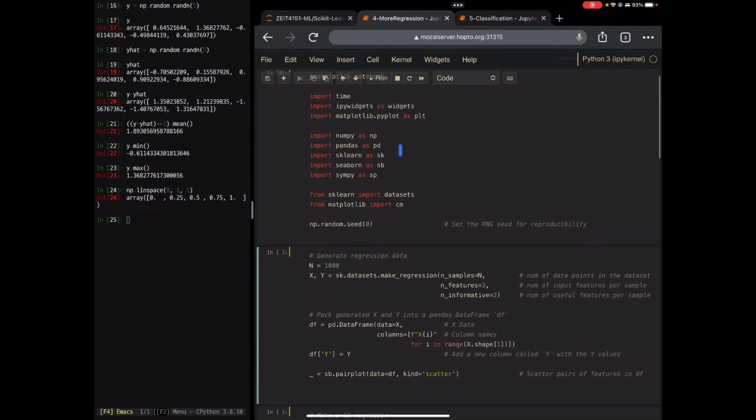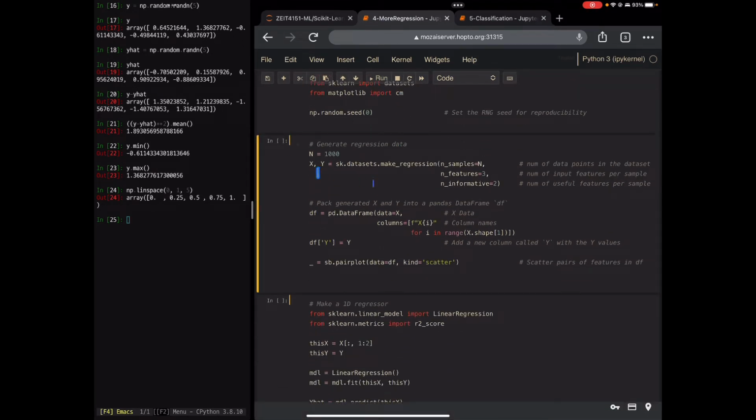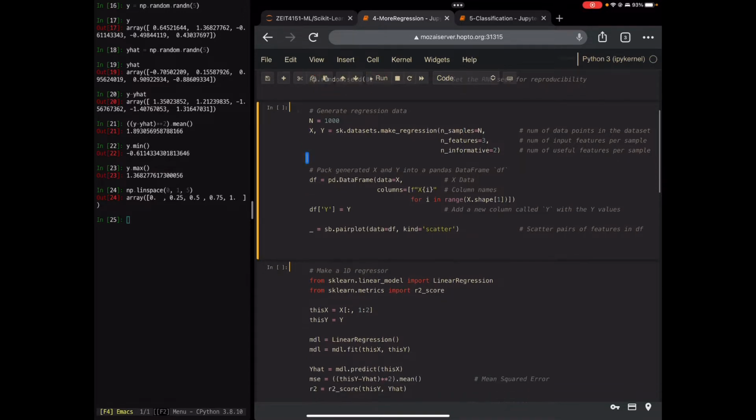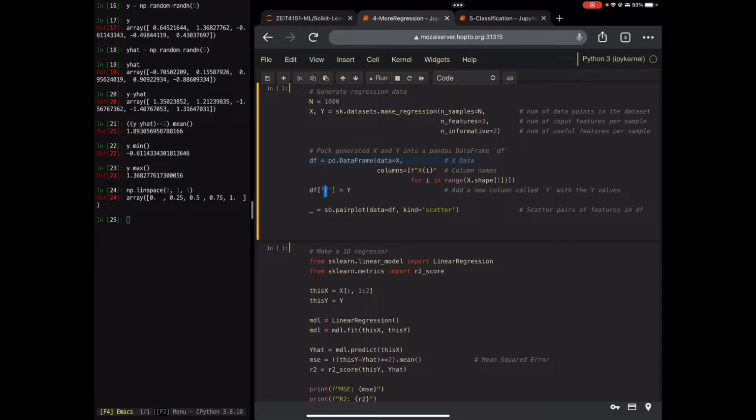Now we're importing everything and we are making a dataset, and basically what we're doing here, we're saying we want 1000 samples. Each one has 3 features. Out of these 3 features we have 2 informative. Means that 2 features can actually have good relationship with the output. This will give us x and y. X are the number of samples on the row side, and on the columns we'll have 3 different features. We'll pack this into a data frame and we'll set y to a new column in the data frame,